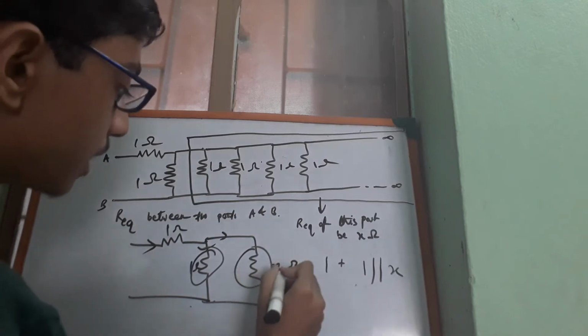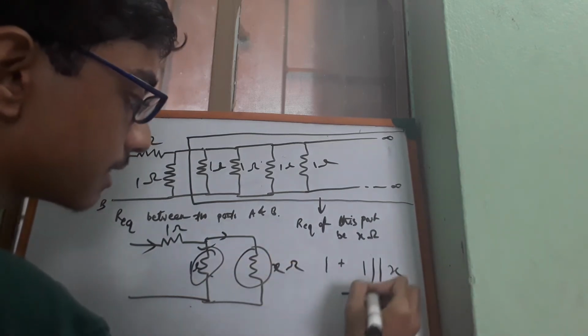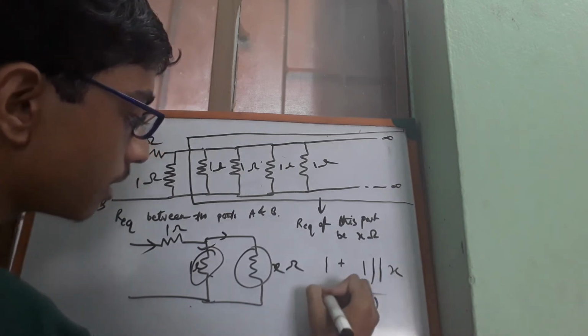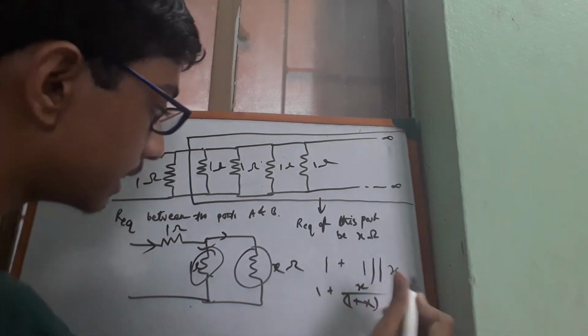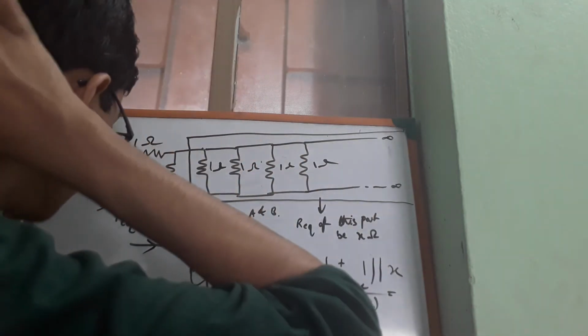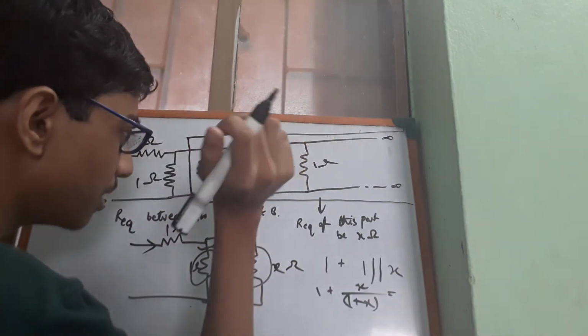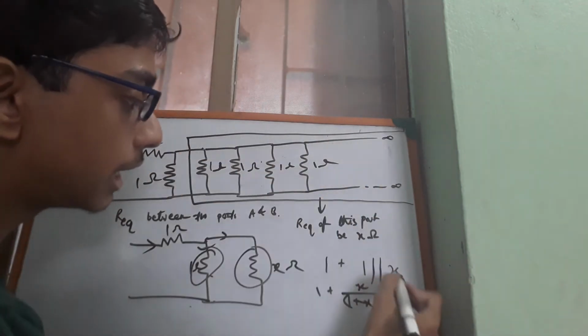In this case, R1 is 1 and R2 is x. So R1 R2 is x times 1, which is just x, over R1 plus R2, which is 1 plus x. So 1 plus x over 1 plus x equals, now this is the important question. This is where I think all these infinity concepts are something I don't feel comfortable with. Still, we have to assume this is equal to x.